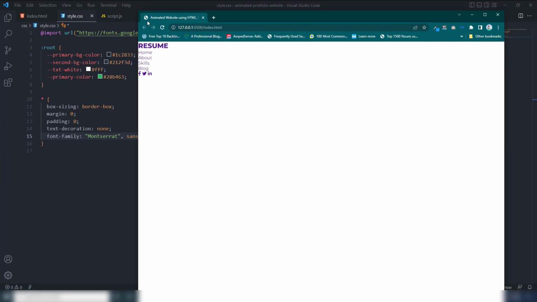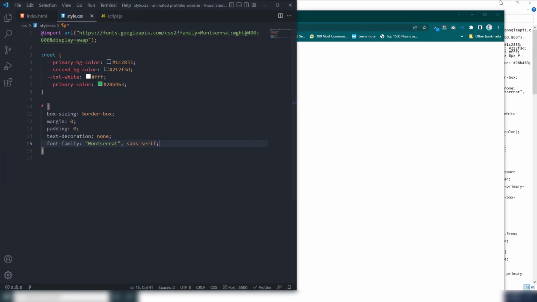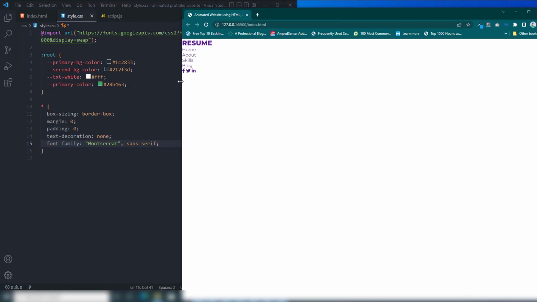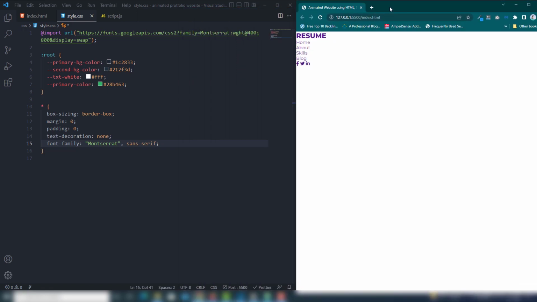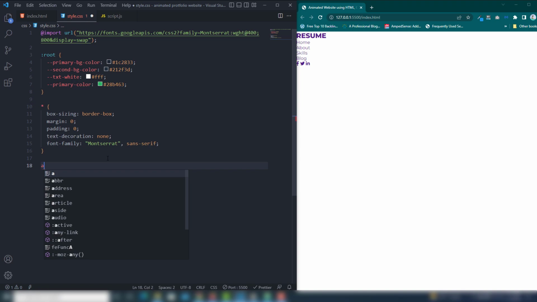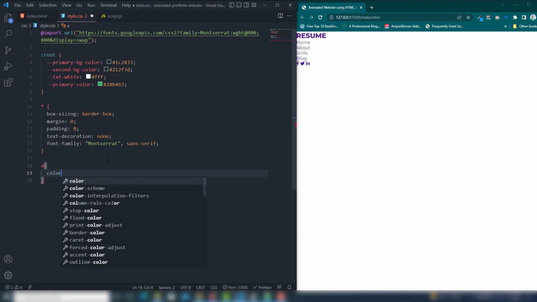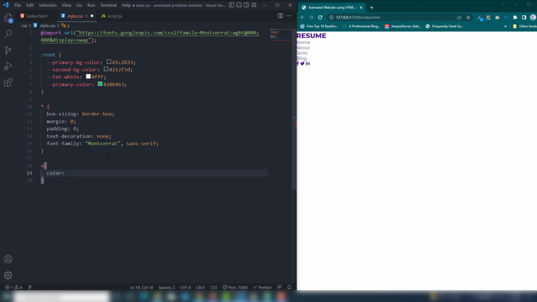So I'm going to use this way. I mean, small screen size, you will understand everything, right? Perfect. So I also select the anchor link. In the anchor link, I'm going to use color will be var. I'm going to call the color variable on there. Perfect. Then I'm going to call the header.